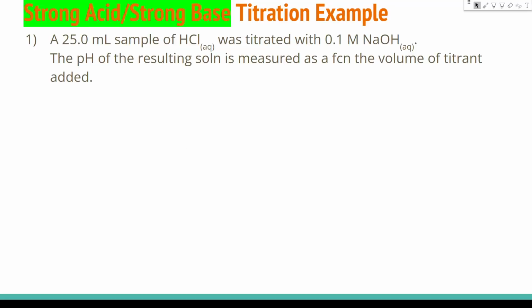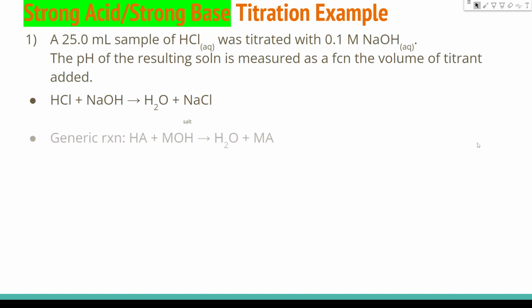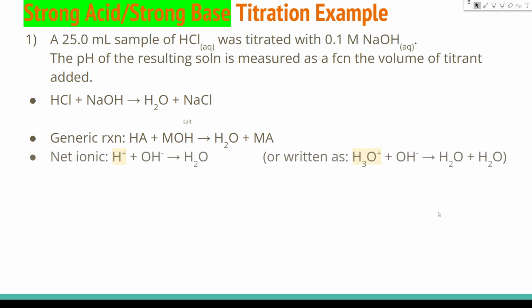And so here is a question for that. And so we have a sample, hooray, hooray, hooray. And so it's measured as a function of the volume of titrant. And so we have our strong acid and our strong base, and we're making our reaction happen. So, cool. And so here's the generic where M is metal, strong acid, strong base, water, and then the salt, whatever the salt is. And so if I were to cross out all the spectators,